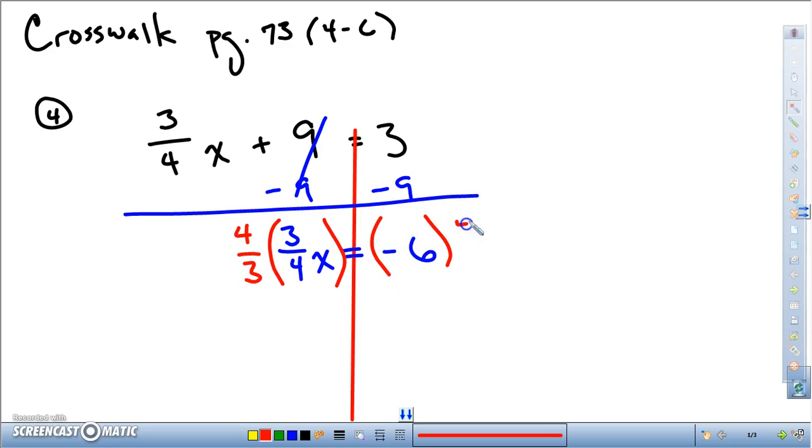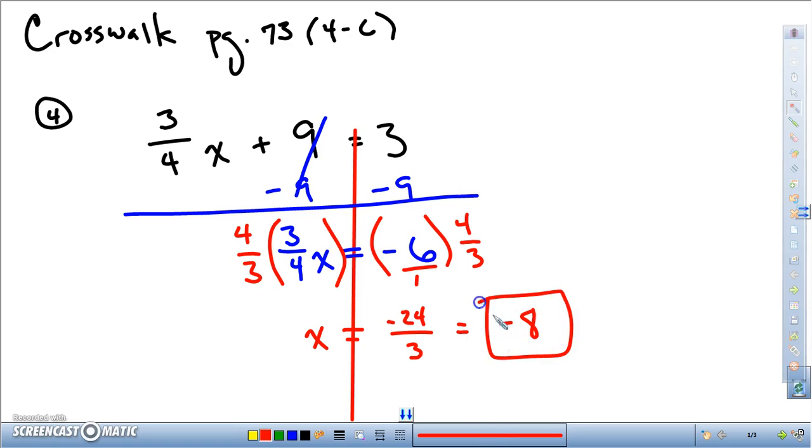If I do that on the left side, I have to also do that on the right side. Reciprocals multiply to give us a value of +1, which is why I wanted to do that. And then over here, we can put any whole number over 1 if we want, and you end up with -24 in the numerator and 3 in the denominator, which reduces to -8. And so your correct answer choice for number 4 was A. Number 5,